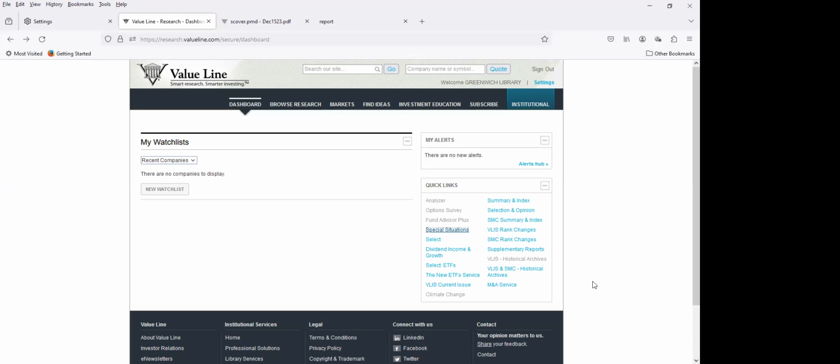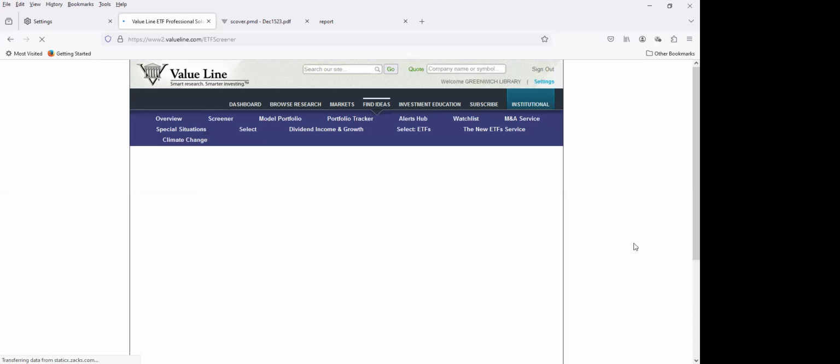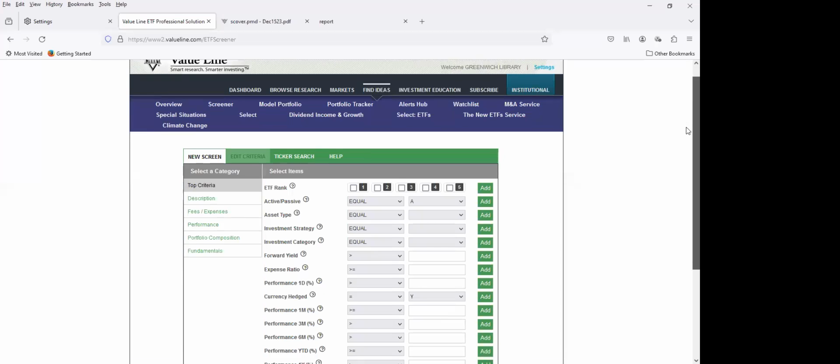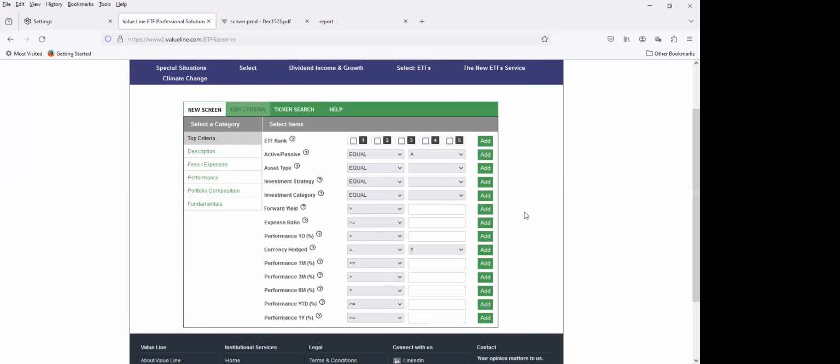Then we also feature some other types of information as well. For example, exchange traded funds or ETFs. So there's a whole service here. So you're able to screen, for example, for those ETFs. So we present to you the screener, which will help you to identify which ETFs may be desirable per the fields that you use for selection